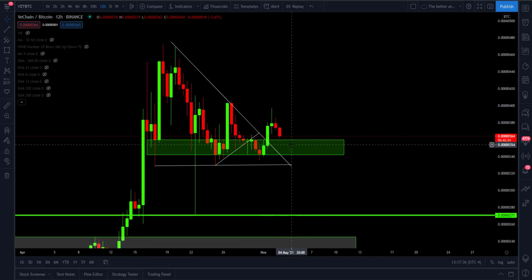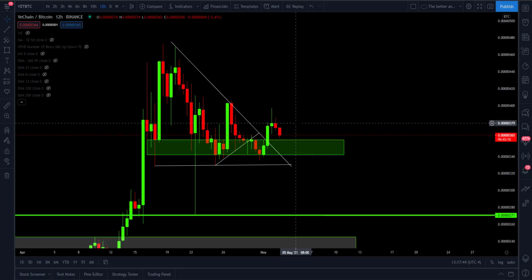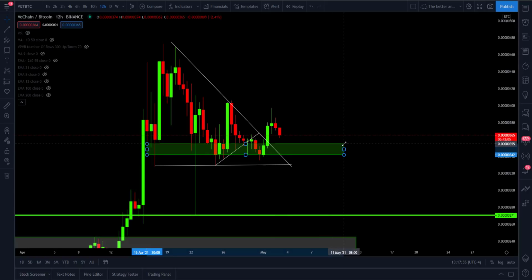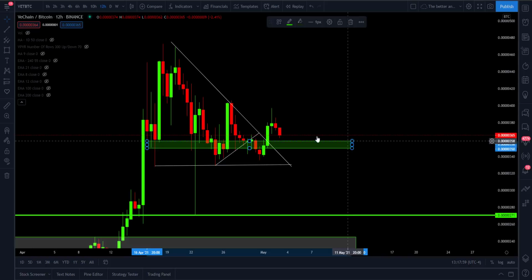If we can fall back down, retest the breakout point, hold it as support, go back up and make a higher high, then we're good, then we're flying. So following the VeChain Bitcoin pairing, whether we can find that support here is going to be very telling for understanding if VeChain starts to break out bullishly. Because if we find that support at the breakout zone right here, and maybe we can even narrow this a bit more, if we find support at this breakout zone, then